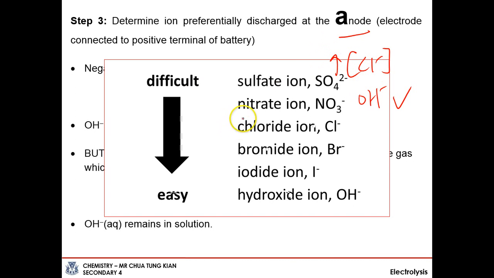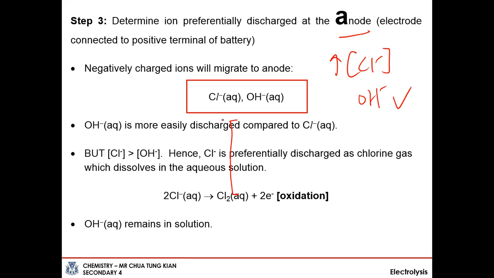Pretty close, take a look. It's here versus here. They are pretty close in the series. It means that because the concentration of Cl minus has increased, there will be a lot more Cl minus around the electrodes, and by their properties, these properties will be taught to you in A-level chemistry, Cl minus will be preferentially discharged as